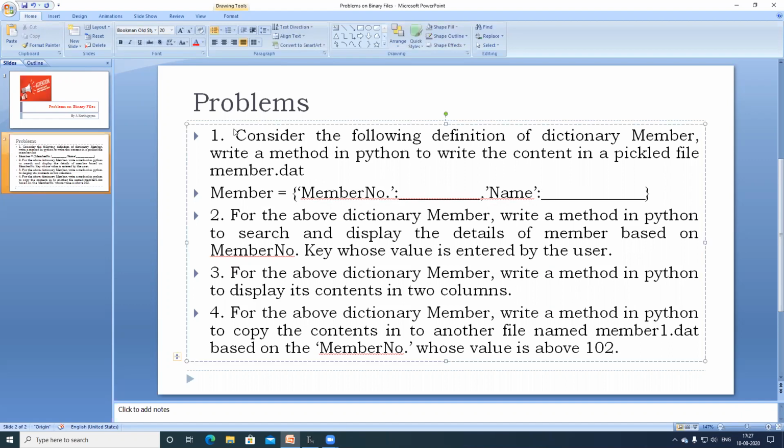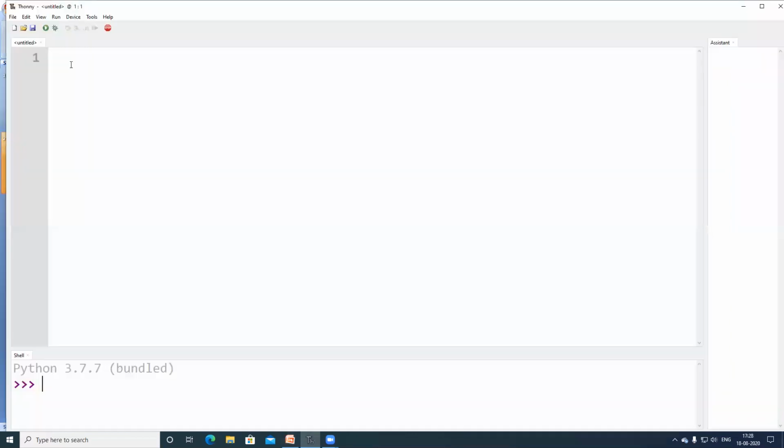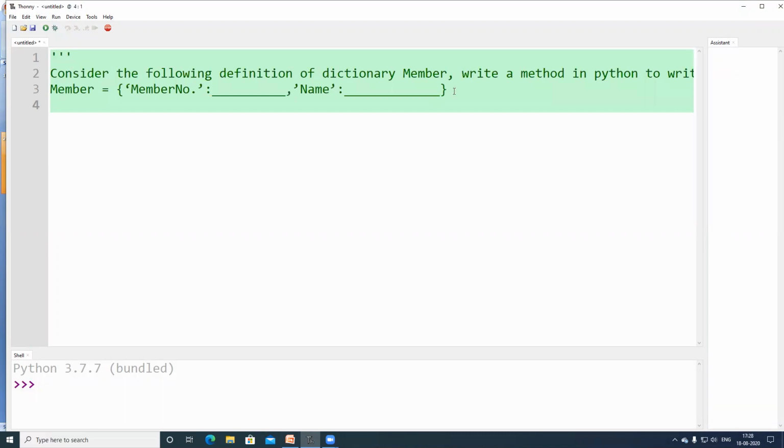How to solve this particular problem? So this first problem, I am just copying the question. So this is what the question is.